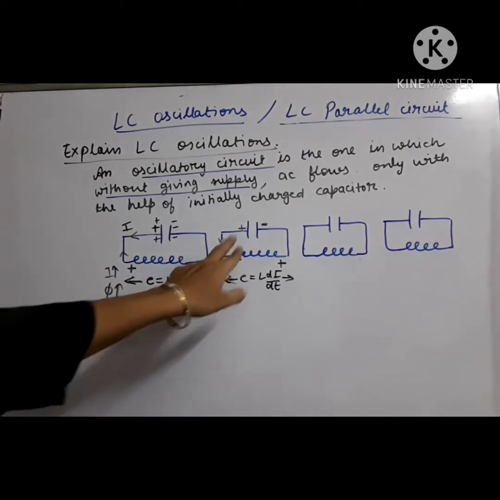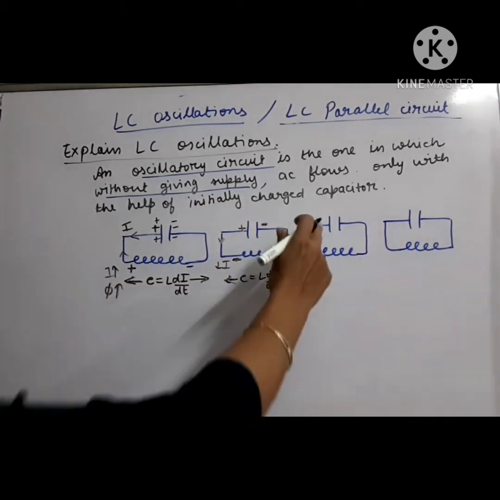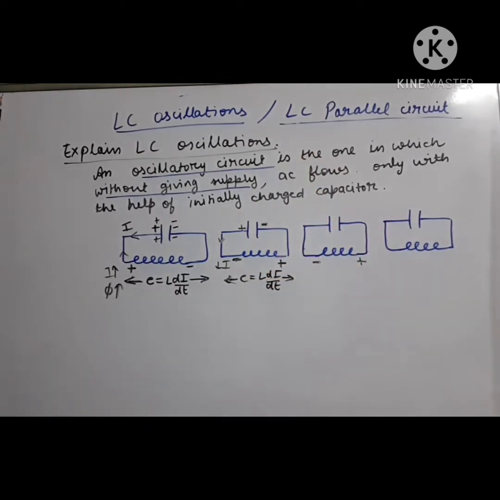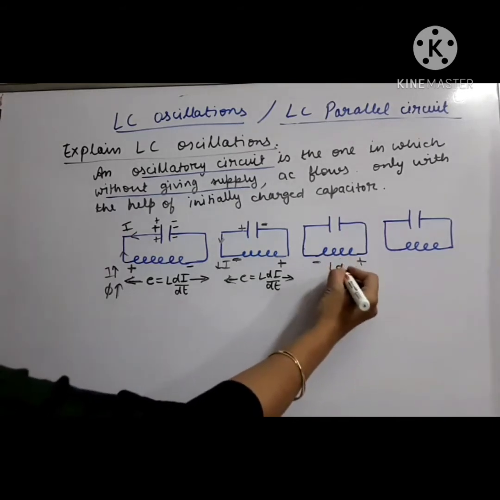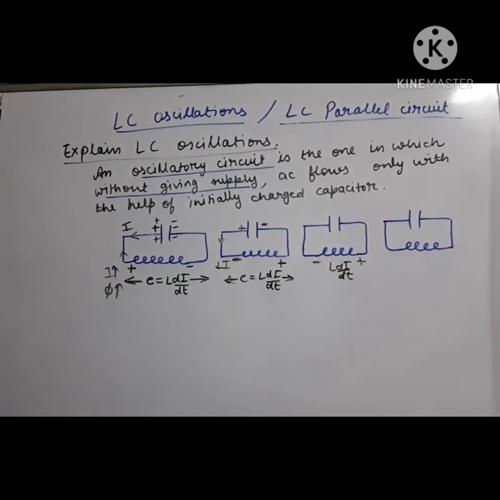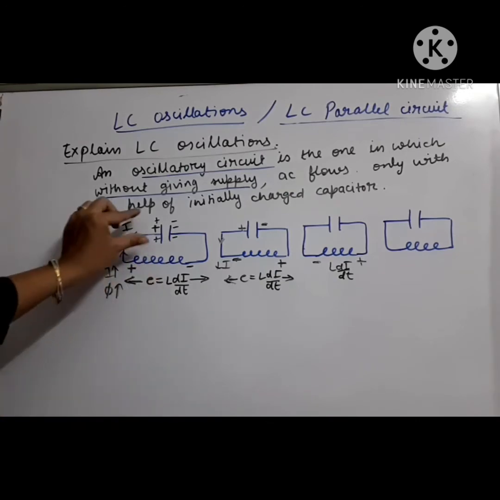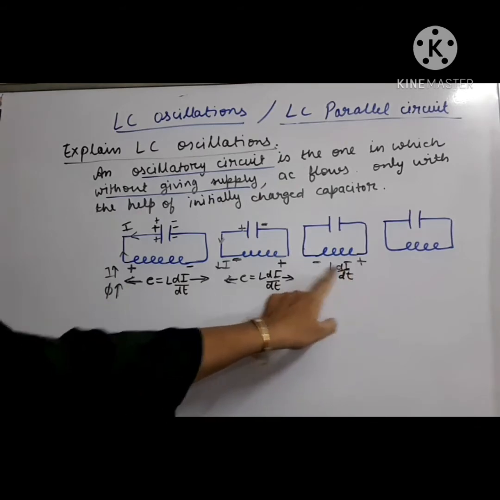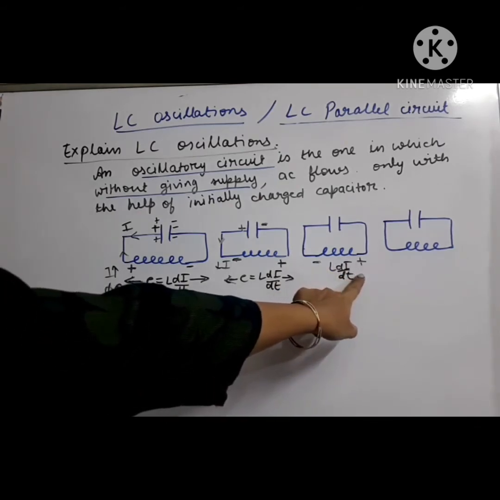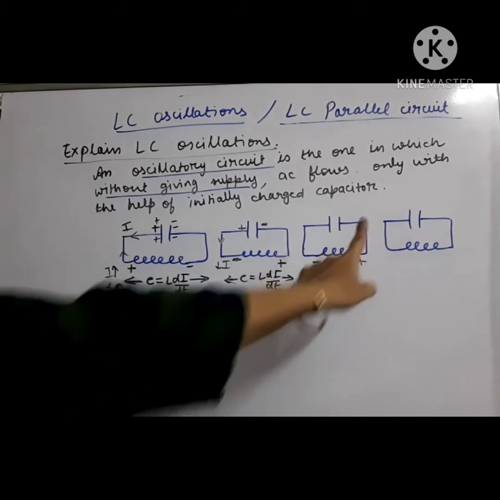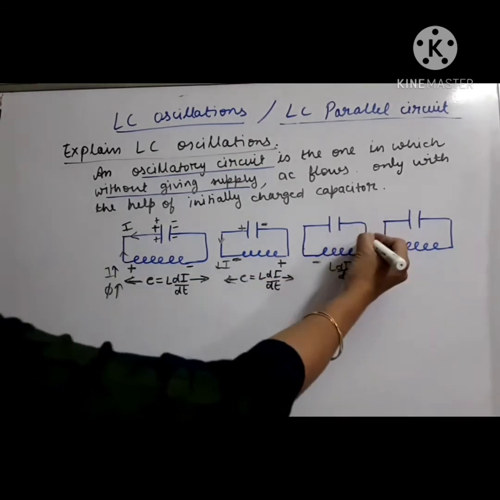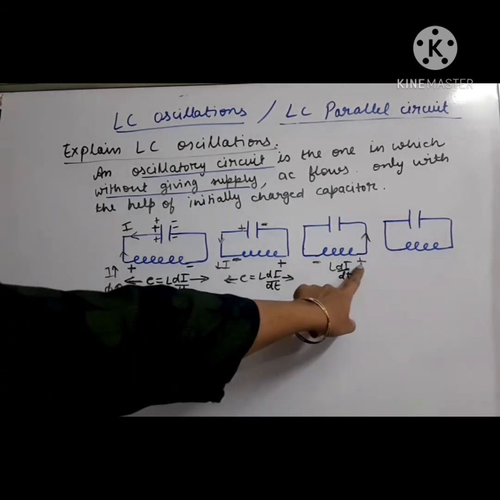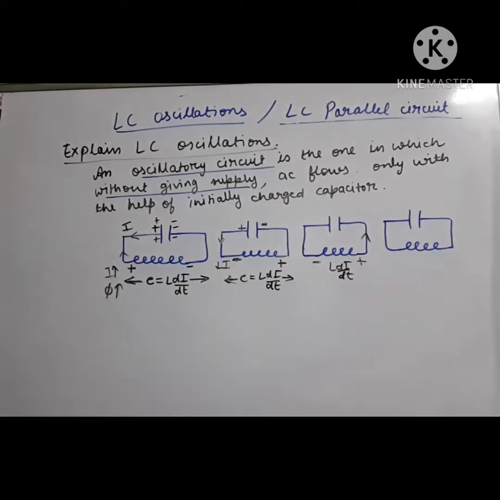By this time the capacitor gets fully discharged. So the capacitor has no charge, only the inductor has the charge. The inductor has developed the polarity, and the voltage value is L di by dt. Earlier the capacitor was the supplier of the current. Now since the inductor has developed the voltage difference, it will supply the current to the capacitor from the positive side of its end.